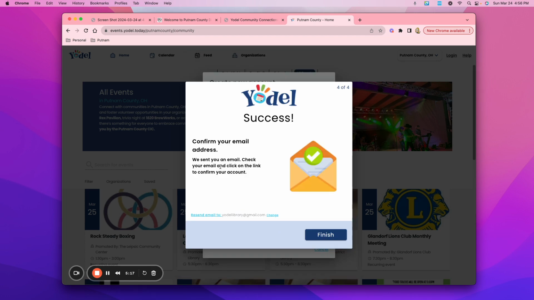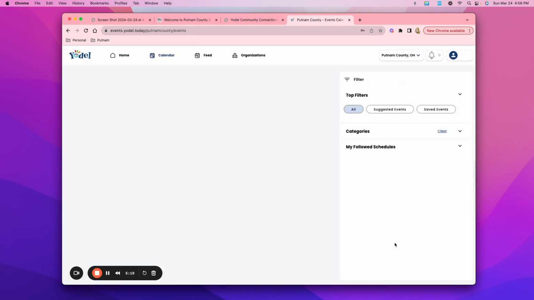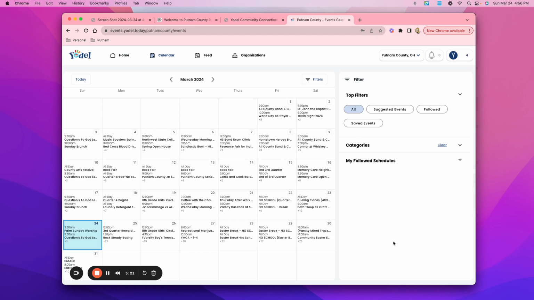And then I do have to go in and confirm my email address. So I would go back to my email and confirm that this is a legit account. And now what I have in front of me, notice, is my calendar that automatically pops up with events, and you'll see various events throughout the county that are taking place for the month.